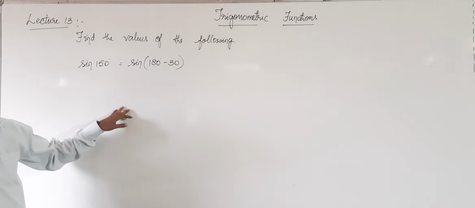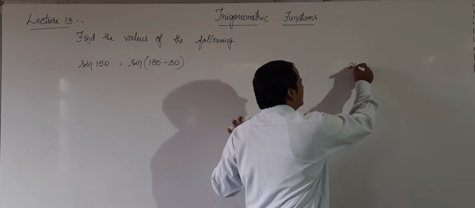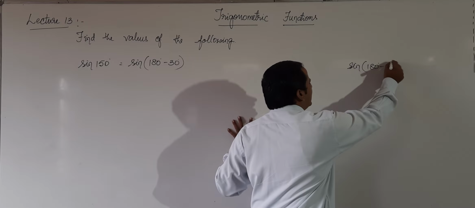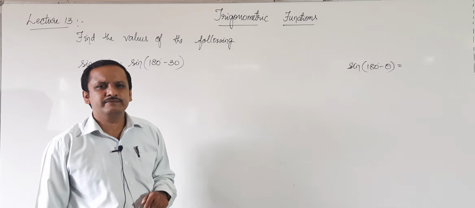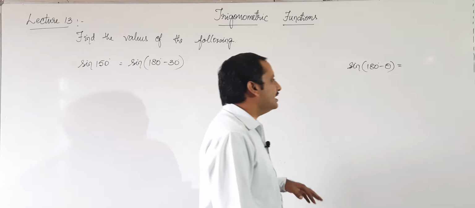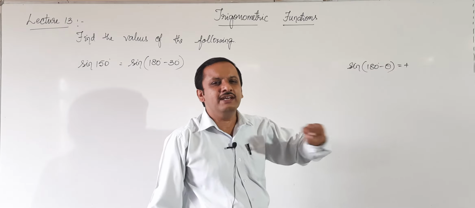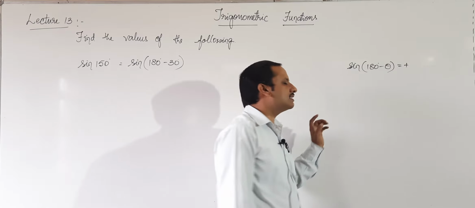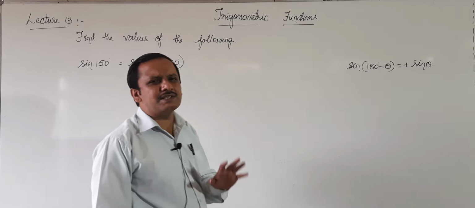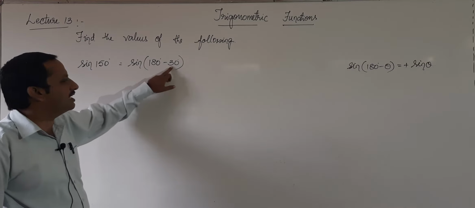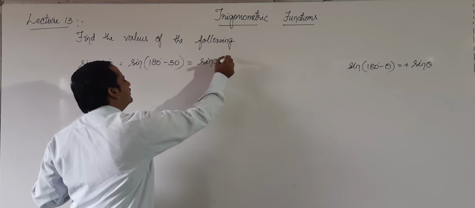Now, this looks like sin 180 degree minus theta. You know this formula, sin 180 minus theta. That formula I will use. What is that formula? 180 minus theta, which quadrant? Second quadrant, right? Second quadrant, sine positive or negative? Positive. Okay. 180 minus theta, that means you are using the horizontal line. When you are using the horizontal line, we write the same function. So, this will become sine theta. That means sine 180 minus theta is equal to sine theta, that's equal to sine 30 degree.